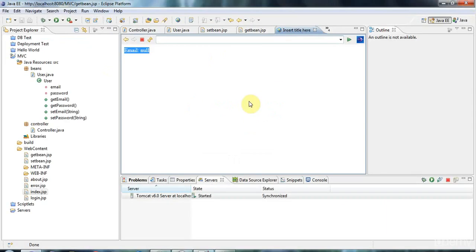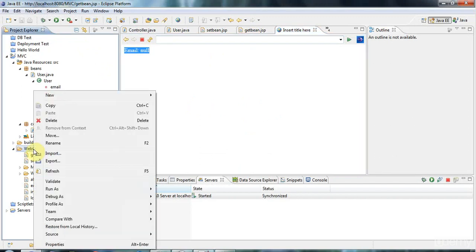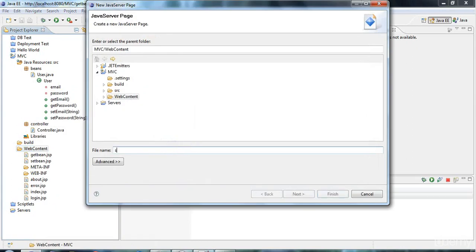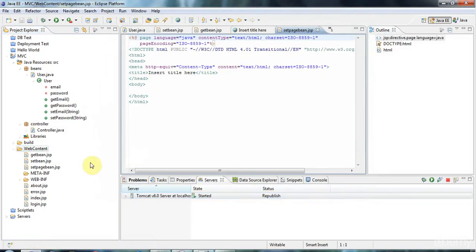Now, as I say, there are a few other scopes. There are 3 other, in fact. And to demonstrate those, I'm going to create a new JSP page here. Let's create one called setPageBean.jsp, and we're going to take a look at the page scope. And I'll also create one called